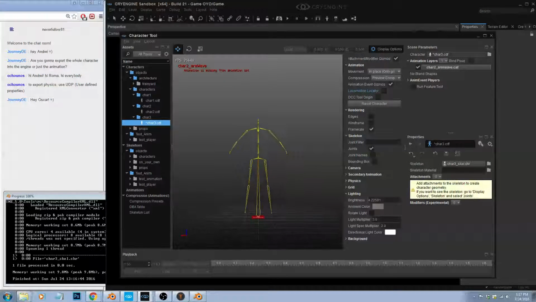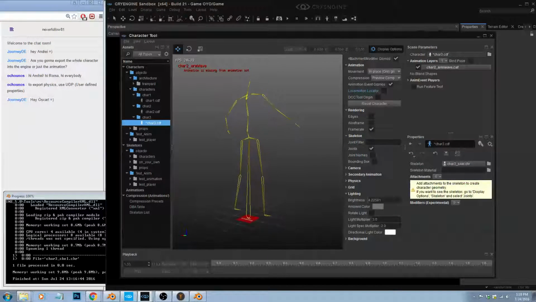Open that up. One thing to keep in mind with everything that's coming from Make Human is that the sizes are, it will tell you one size in Make Human that is 2 meters high by default or something like that, but once you bring it into Blender, it's about 10 times bigger. So as you can see,